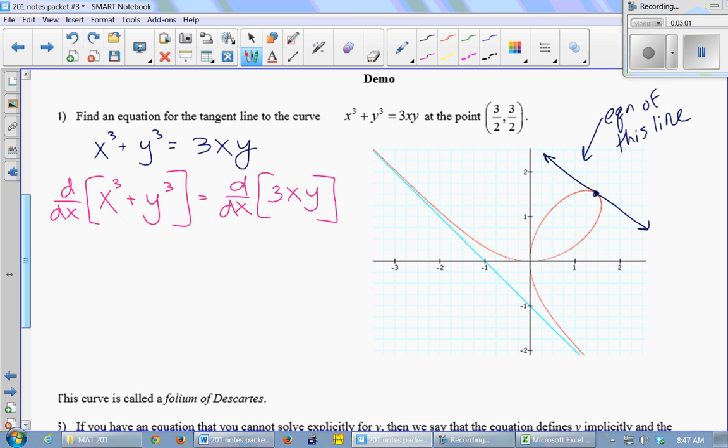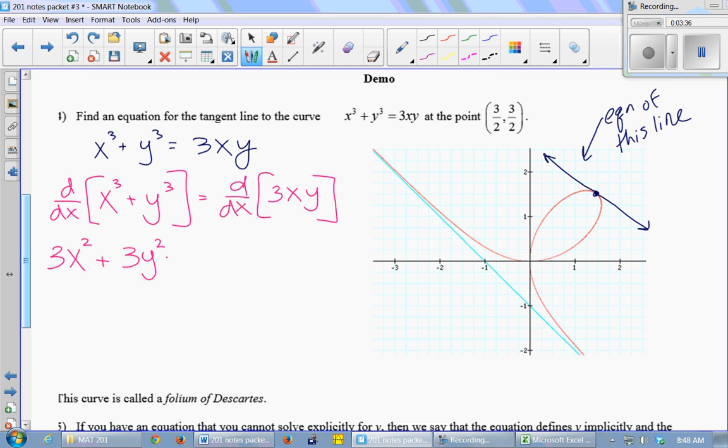All right, so let's try to take the derivative of both sides here. d dx of x cubed. What's the derivative of x cubed? 3x squared. That part's easy. What is the derivative of y cubed? 3y squared is the first part of it. If this said d dy of y cubed, then it would just be plain old 3y squared. But it's d dx. It's a derivative with respect to x. So it's 3y squared,